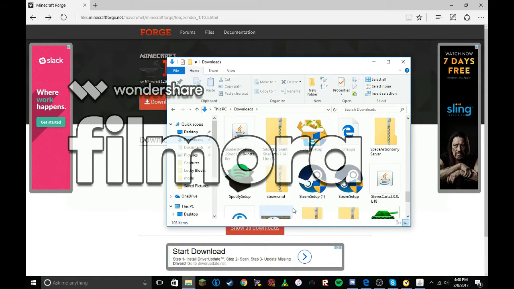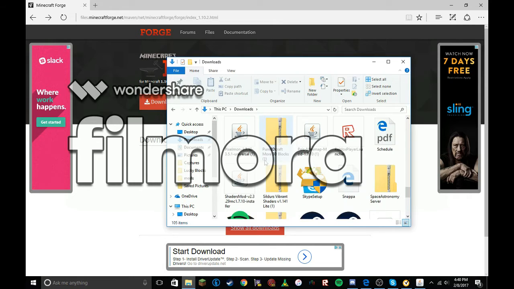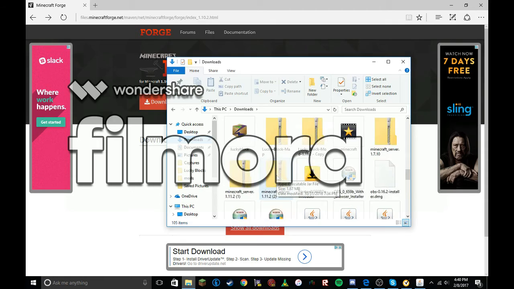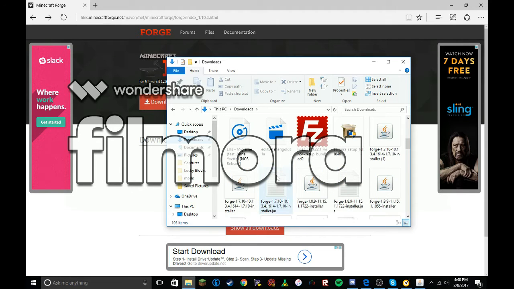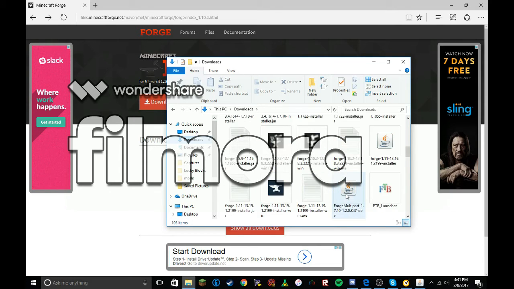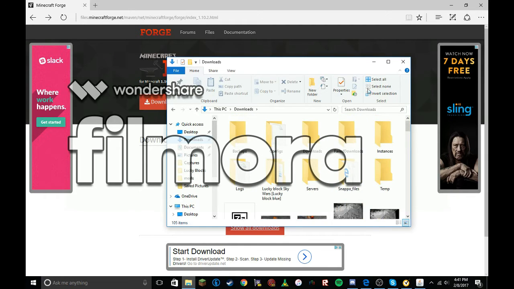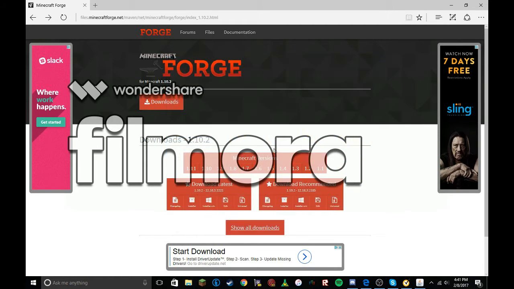Somewhere here. Should be somewhere in your folder. Not too sure why mine is not here. But I'm not gonna let that bother me. But anyway, what you would do, you would run it again, install a client,